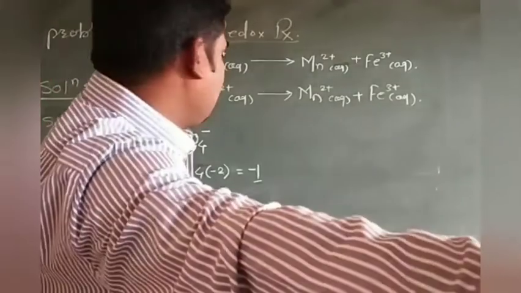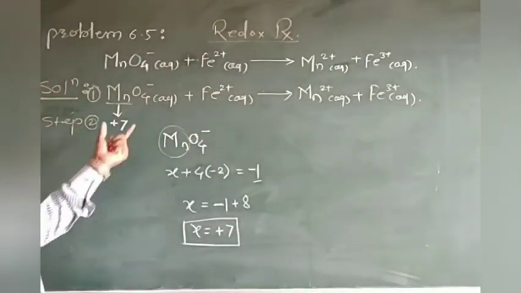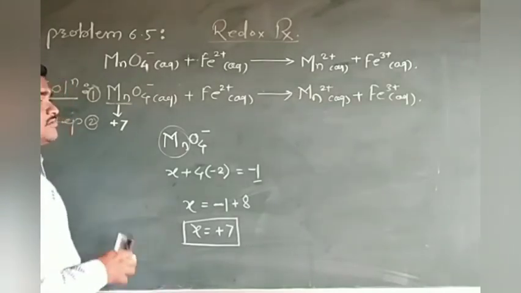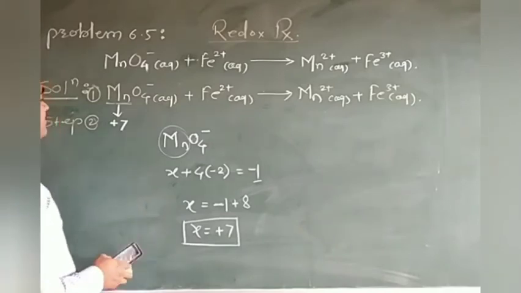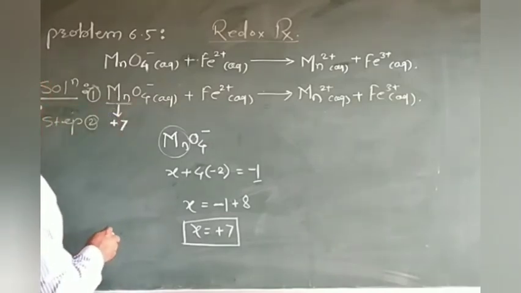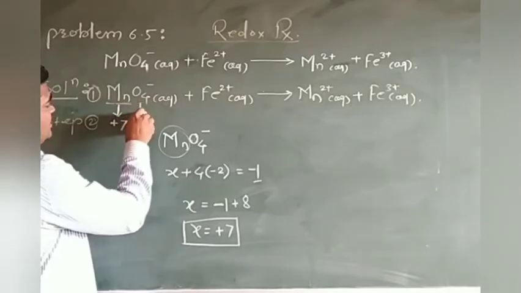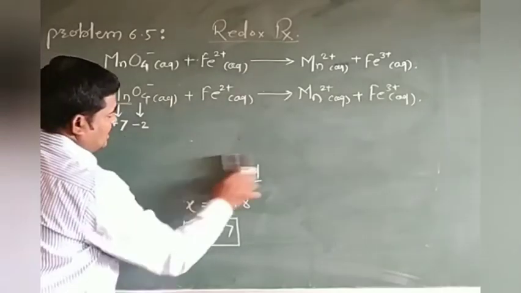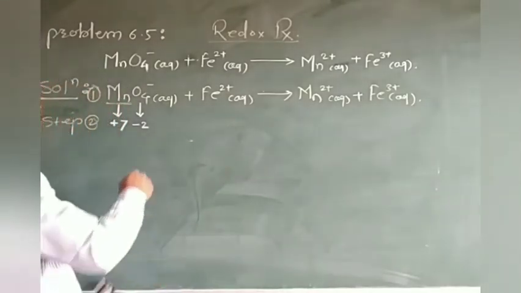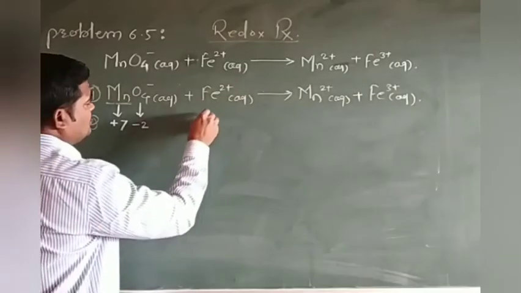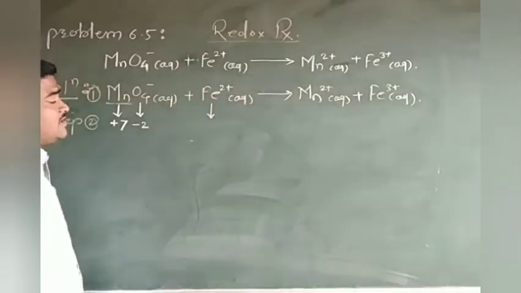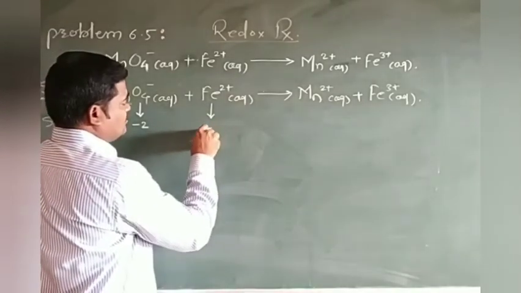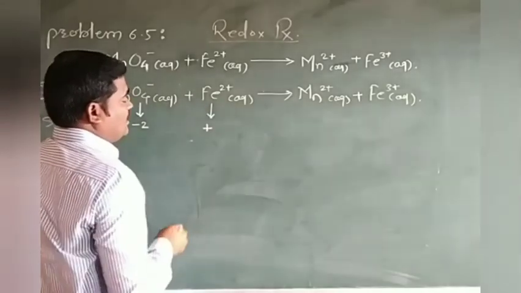Like that, you have to find out the oxidation number of the molecules or the ions present in the given ionic equation. So this is the method that you have to keep in mind. So manganese has the oxidation number +7 here. At the same time, we already considered the oxidation number of oxygen to be -2, which I have written here. Like that, we have to write the oxidation states of each ion present in the given equation. Fe is already in the +2 oxidation state, so I will write +2 on the ion.